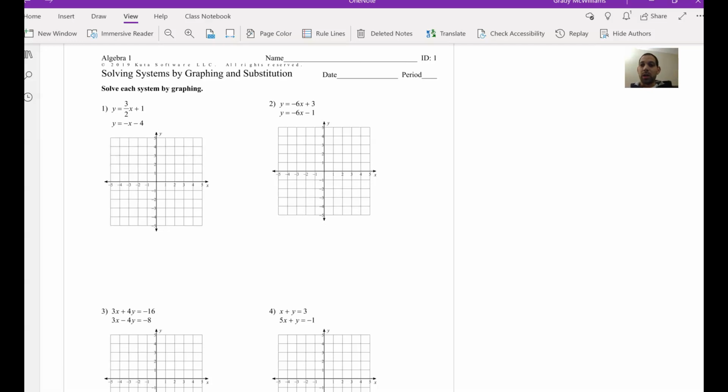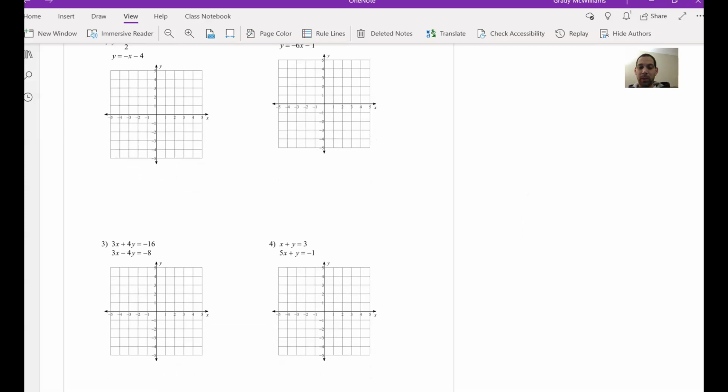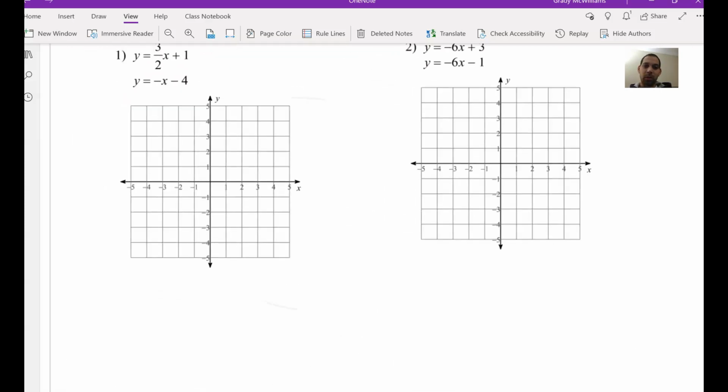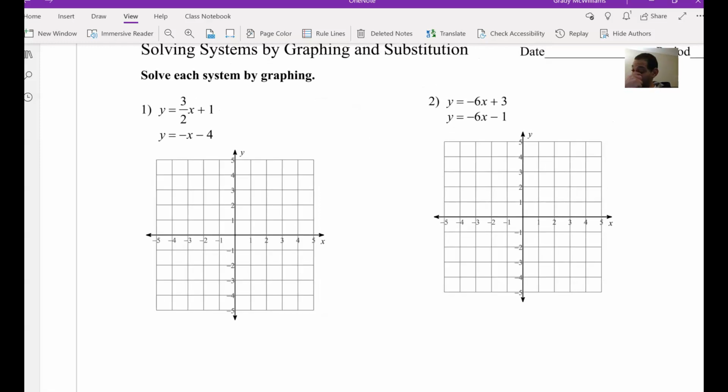So these first few questions on the front, I believe we've done most of these, but I just want to make sure that you remember how to do them. So I'll do number one, where we graph these two lines and find out where they cross. Okay, so